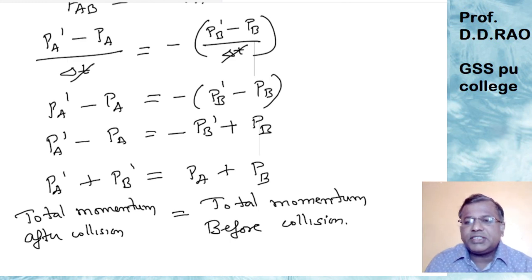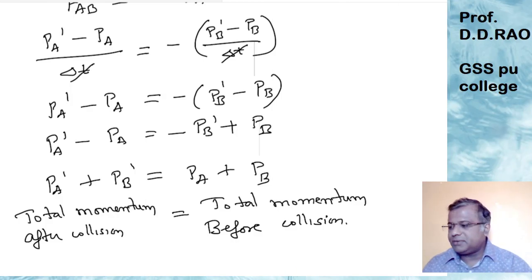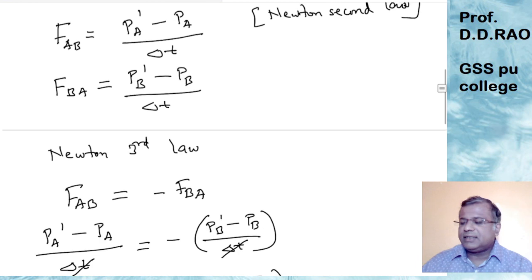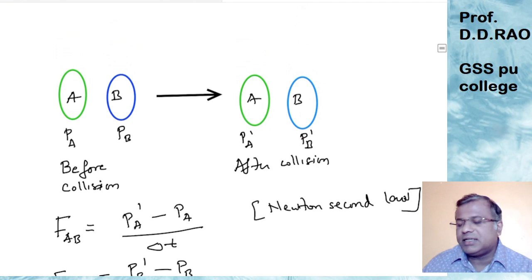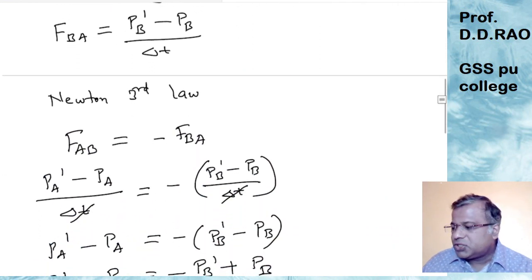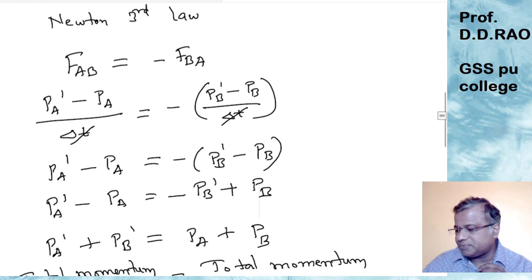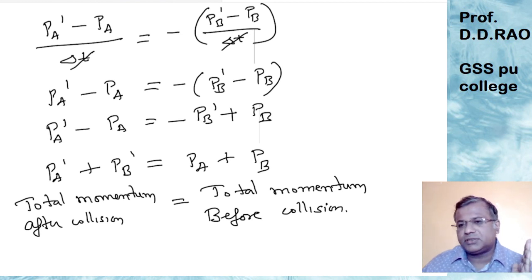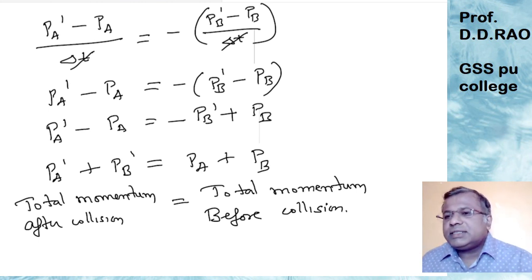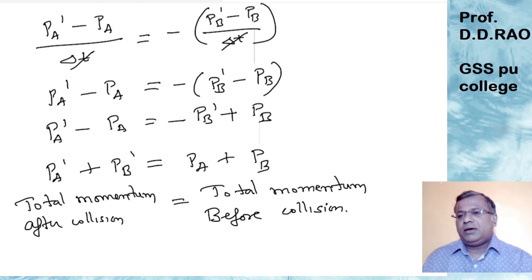Okay, so again, if I just go back to the statement over here, what is basically law of conservation of momentum? It basically states that in an isolated system of interacting objects, the total momentum basically remains constant. So you can just practice this derivation where you are able to show total momentum after collision is equal to the total momentum before collision. This is the law of conservation of momentum and how we prove it.